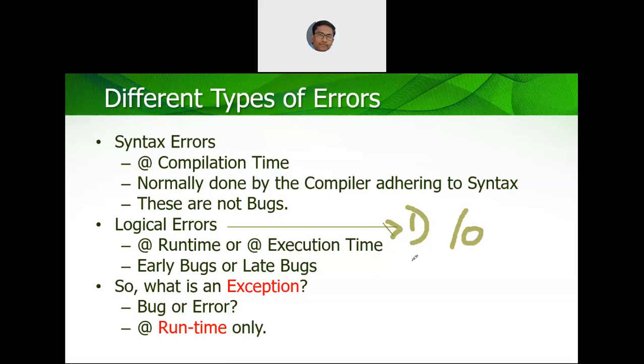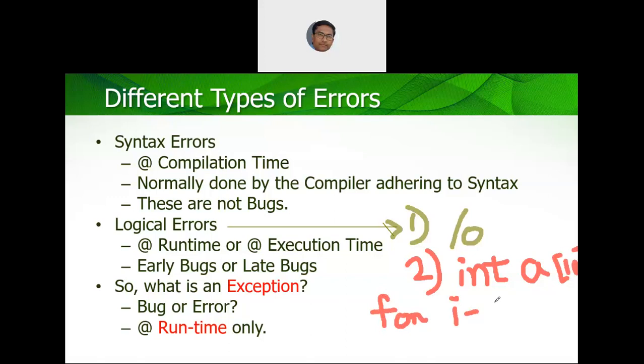Yes, sir. So the second example is, assume that you have written an array. Let us say you have declared an array something like int a of 10. So you have an array a of 10. Accidentally you have written a for loop where you are indexing, let us say, from i equal to 0 to, let us say,